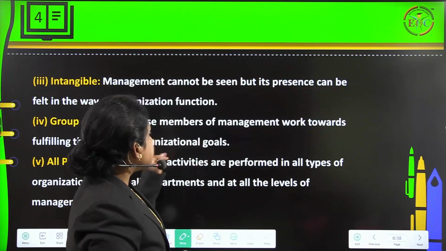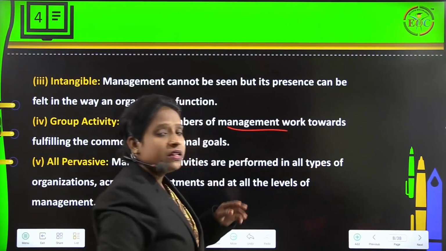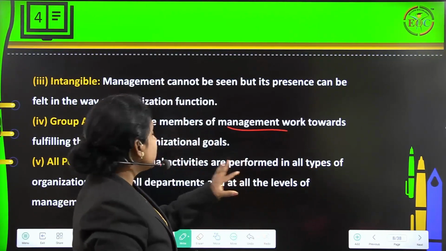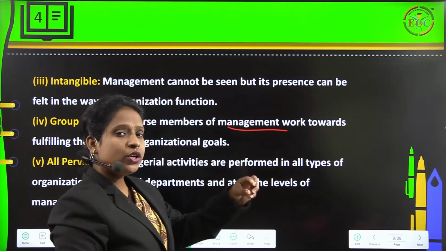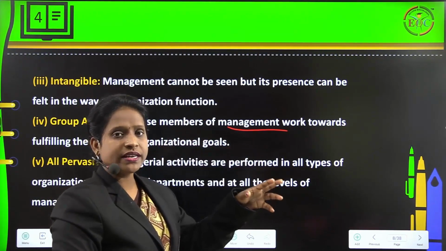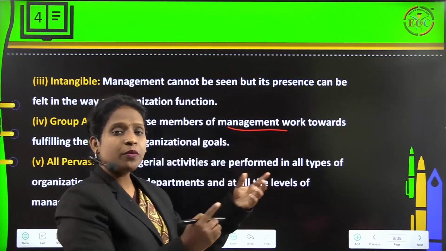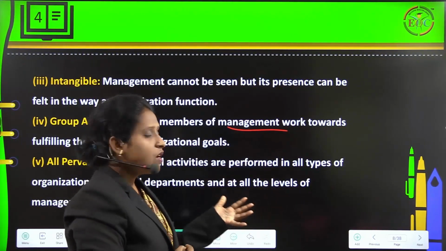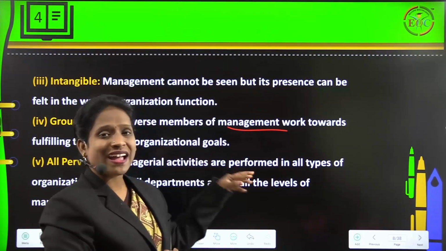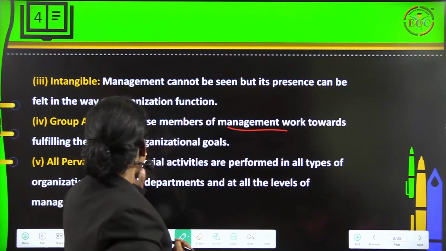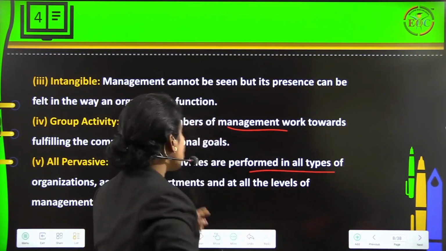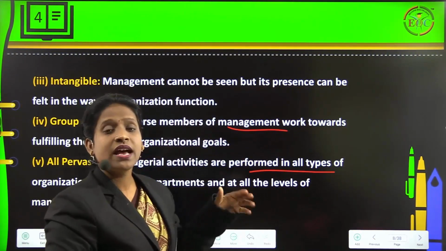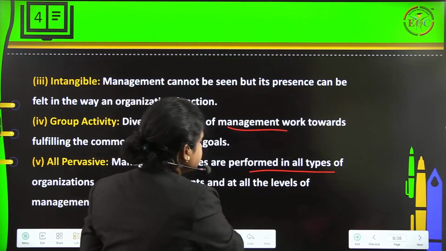Okay, because diverse members of management, they are going to work together towards what? Fulfilling the common organizational goal. So they have a certain goal in an organization. To achieve the goal, a group of people are going to work together. So that's what we call group activity. And all pervasive. So managerial activities are performed in all types of organizations, across all departments and at all